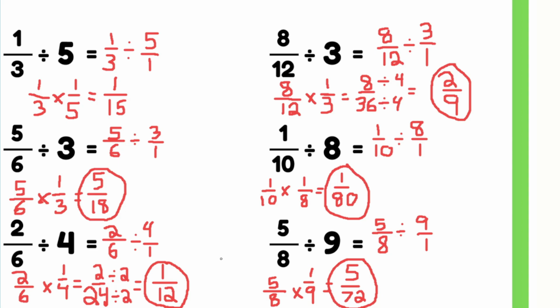For 2/6 divided by 4, I got 2/24ths after my keep, change, flip, but I simplified it down to 1/12, so that's my final answer. And then for 5/8 divided by 9, I got 5 over 72, which can't be simplified anymore, so that's my